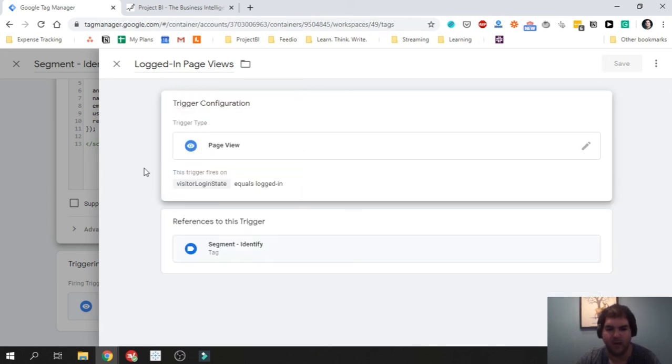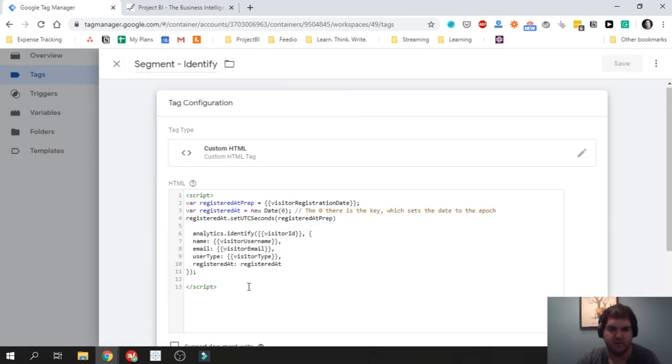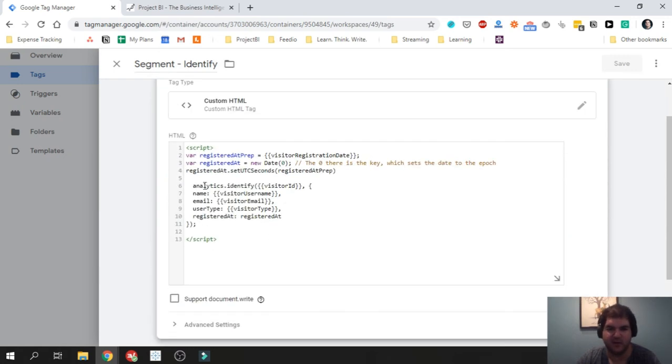That way, Google Tag Manager is basically looking for this variable in the data layer, and if it's equal to logged in, then it will trigger. So that's a way to trigger an identify event with specific values for your logged in user